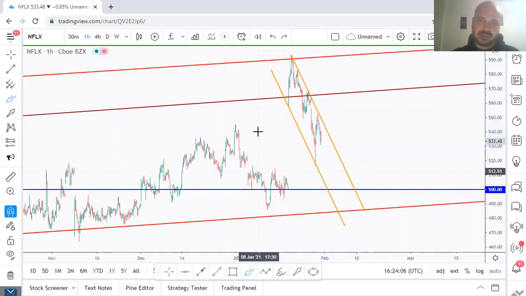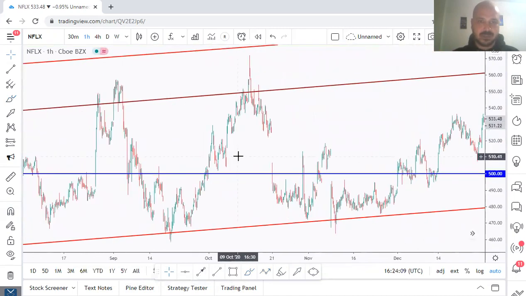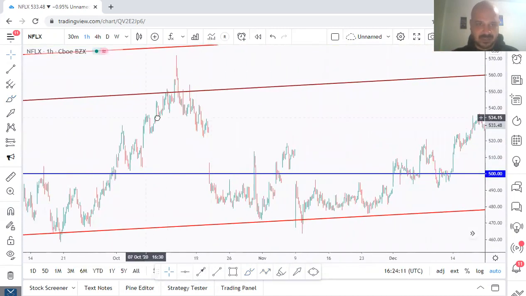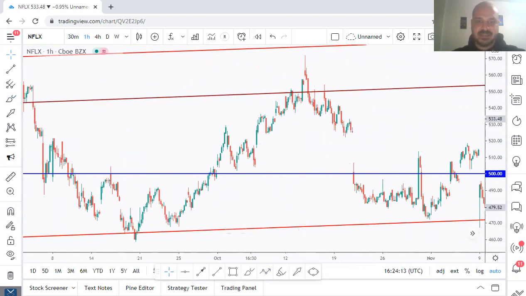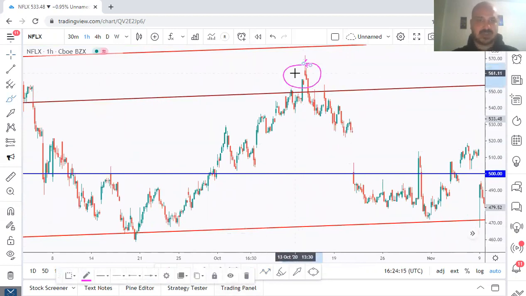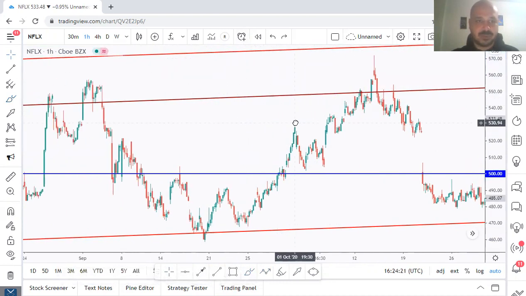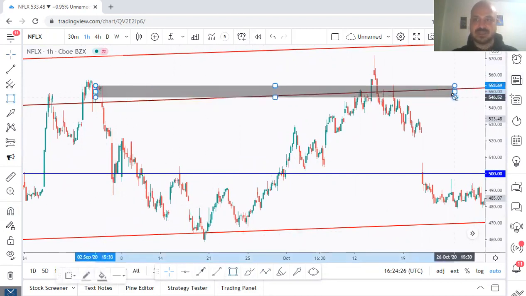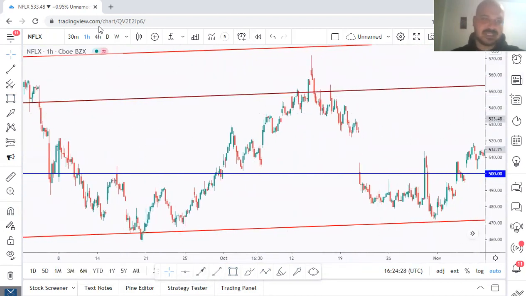But if we can go back, here we go. We can go back if you zoom in. That's it. We could look for setups around here since we have our brown trend line and red trend line, and of course the 600 above it. And we also had a very good supply zone around here. We can see it even better from H4 and H1 since we only monitor supply and demand zones from daily